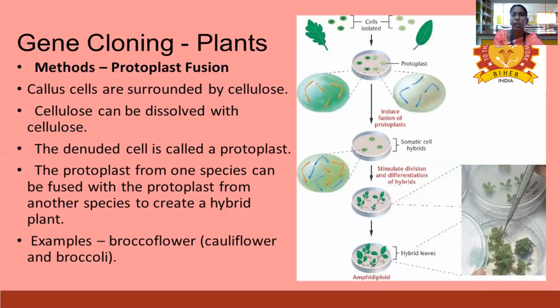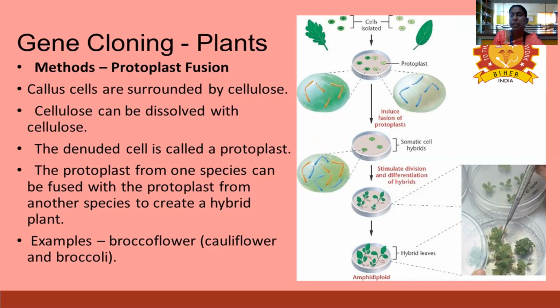Okay, so the next and last one, we are going to finish it there. Gene cloning in plants. How do we have to carry it out? We are talking about a lot of methods, right? The first step is isolation of DNA, and after that, isolation of a plasmid. Then you have to mix both of them together, cut with restriction enzymes, and then using DNA ligase, you join it. Then transformation into the host cell, and in the host cell you get multiple copies of the DNA, and that multiple DNA you use for further purposes.